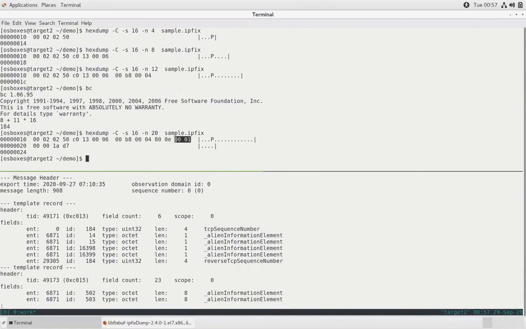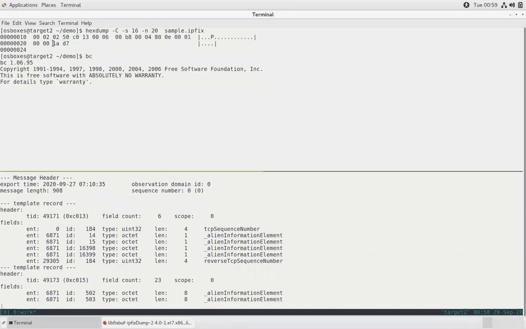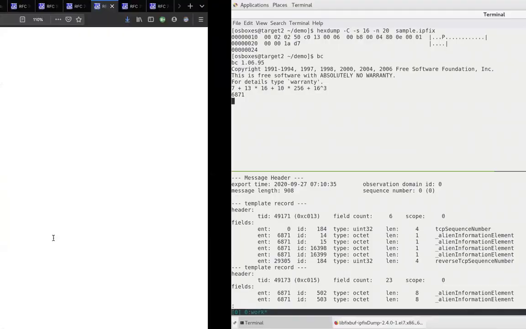This 1 denotes the size of the field, which is equal to 1. The enterprise number is given by 1AD7. We'll look at its value in decimal. D is 13, A is 10, multiplied by 256, followed by 16 to the power 3, which is equal to 6871, and this is matching precisely with the enterprise number given by IPFIX dump.